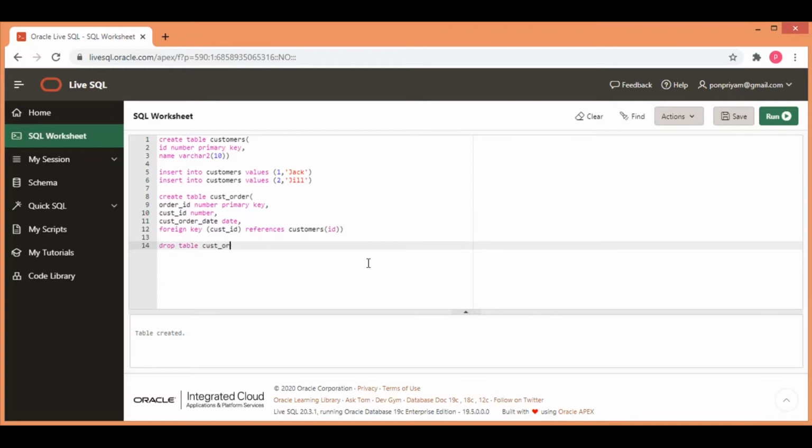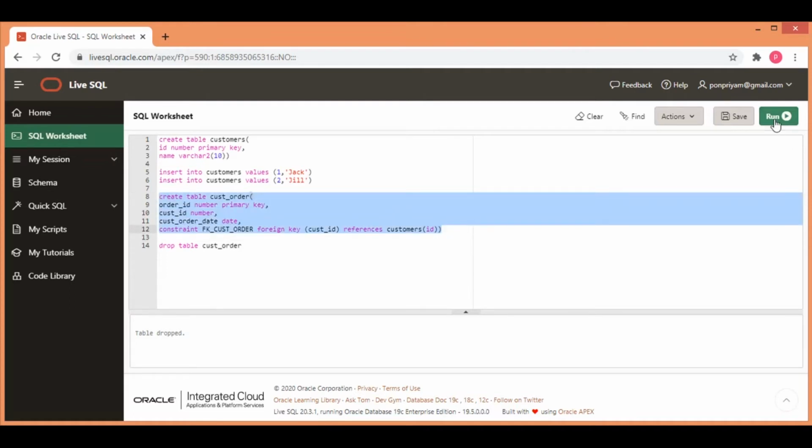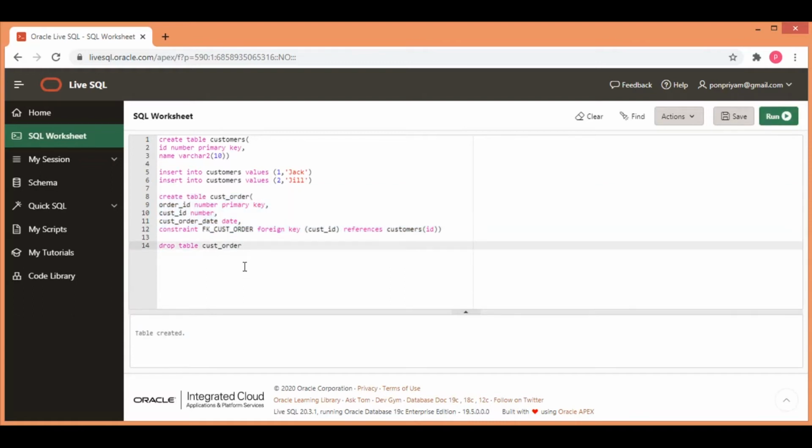So I'll just drop this table and recreate it. Okay, but this time I'm going to say constraint and I'm giving just a name. Since it's a foreign key, I just gave this style as naming foreign key. So fk underscore. For which table you are creating the foreign key, I just give this. So this is not a rule, but this will be helpful when you have large number of records and tables and you need to refer each of these constraints. So this is just a method. Let's run this again and see how it works. So the table gets created. Okay, so this is just an alternate method of creating foreign keys.